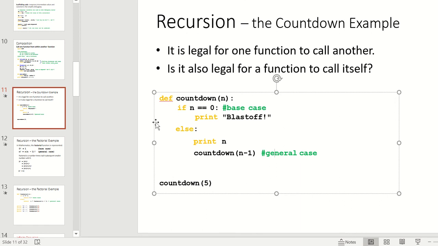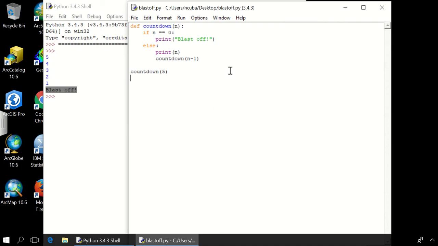When we look at this function, we have an if-else branching, and these two sections of code are different cases. The last one that executes is referred to as the base case, others as the general case. We look back at the script here. When this function is first called, n is equal to 5. 5 is not equal to 0, so blast off is not printed. Instead, 5 is printed, and then countdown is called with an argument of 4. 4 is still not equal to 0, so we skip to here, and the number 4 is printed right there. Then countdown is going to be called here